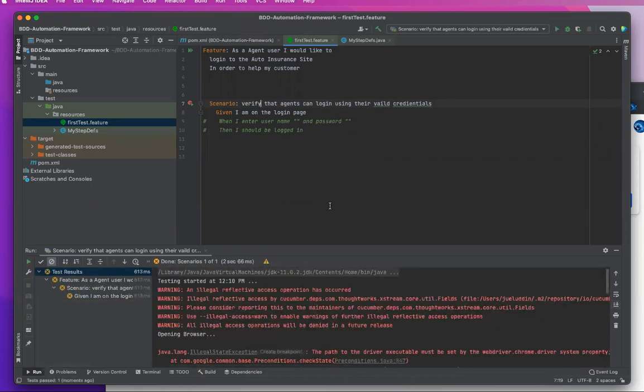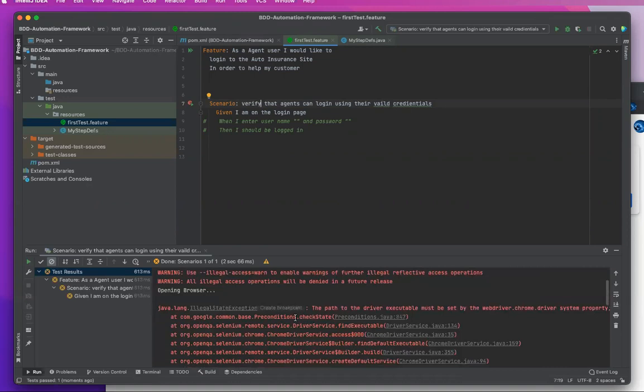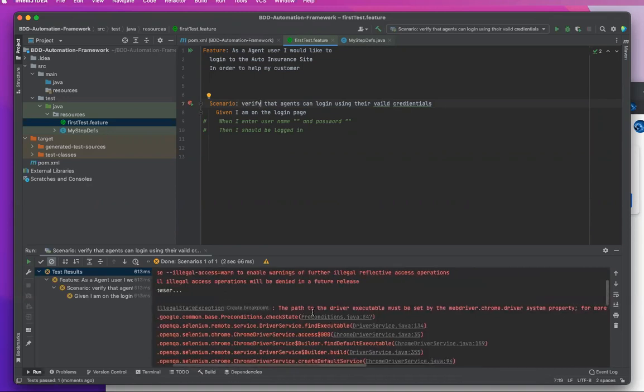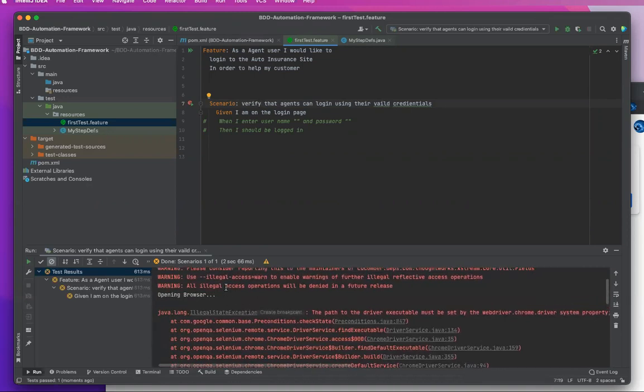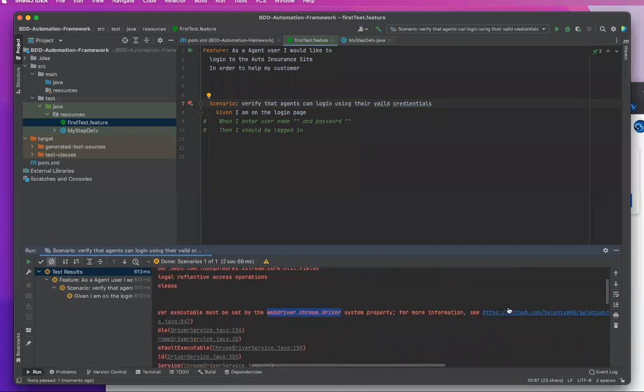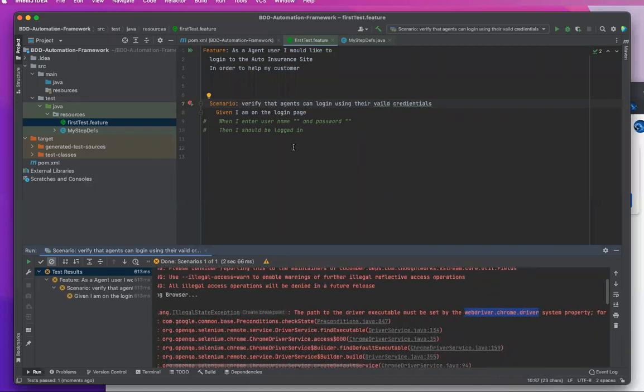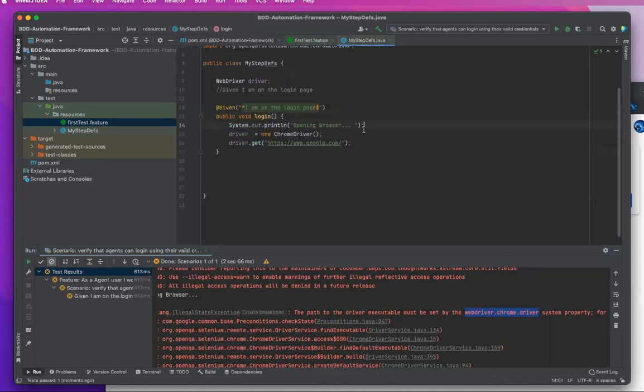So I'm going to ask you guys the first suggestion here. The similar problem that we always face at the very beginning of our framework, it says WebDriver.Chrome driver is not found, and it needs to be in the path. That's the problem that we're facing. So in this case, before you go into the driver, you need to say something like this,